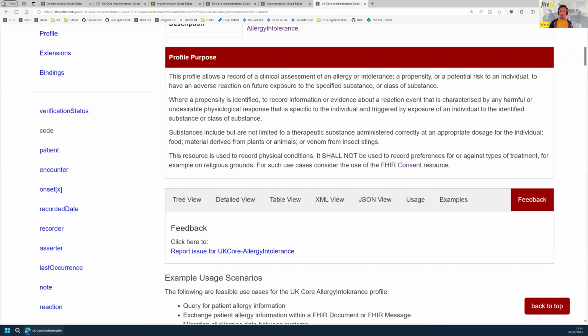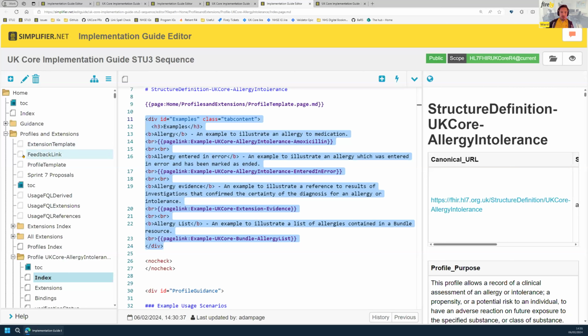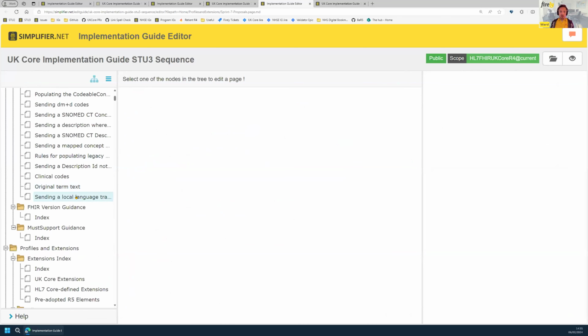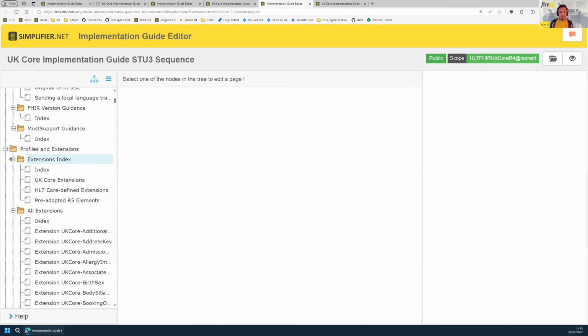Wonderful, Adam. I think this is really nice to see, and also a really creative use of indeed custom variables in there. Another thing people may not yet be familiar with is these hidden pages. So in your implementation guide editor, you see the little grayed out pages. Those are hidden pages. If you hit the little octopus on the top there, that's toggling on or off the hidden pages. So if you want to see them or not. So it's really useful indeed if you make a template to make them a hidden page so they don't show up in your regular implementation guide, but you can use them within all of your